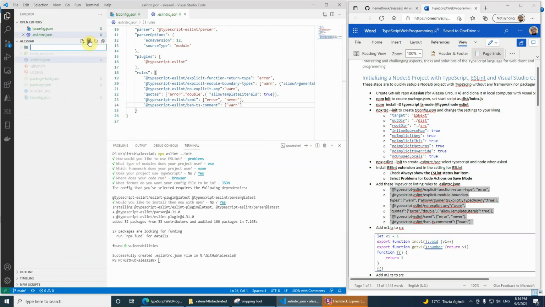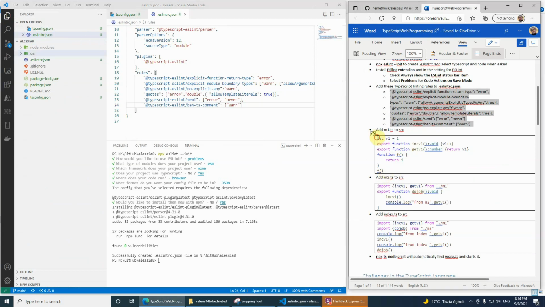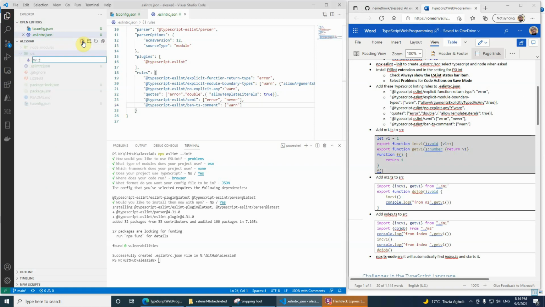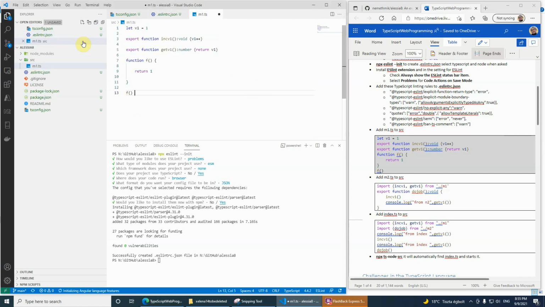Create a folder, src, as defined in the tsconfig file, in the src, and let's just copy first a function, make it m1.ts. Okay, and this simply